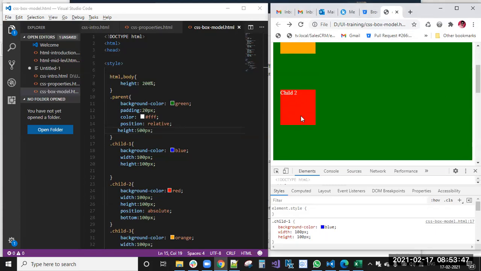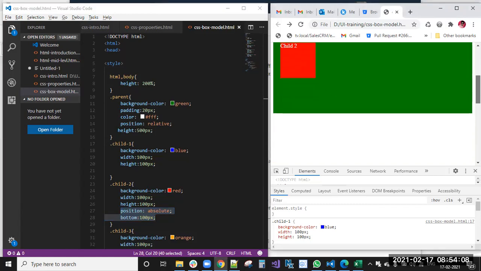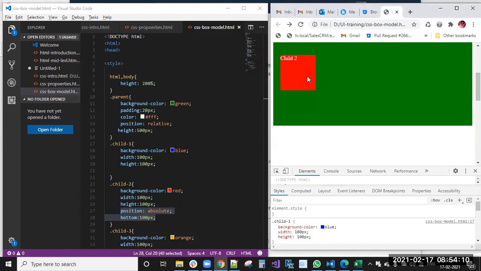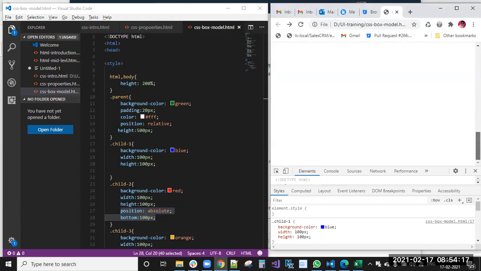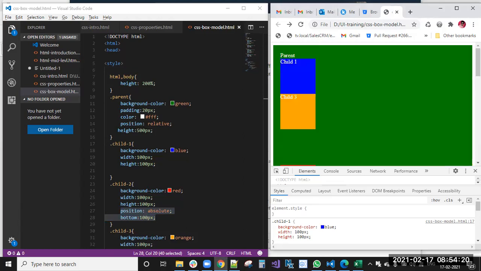Now see, the height is 500 fixed, right? Here I have written for the position absolute element bottom 100 pixels. From the bottom, up to 100 pixels, it moved up. From that position it moves up. Top means from that position it moves down, the reverse direction. See the scroll, that element is still there, right? This element is moving according to the scroll. Got that point?